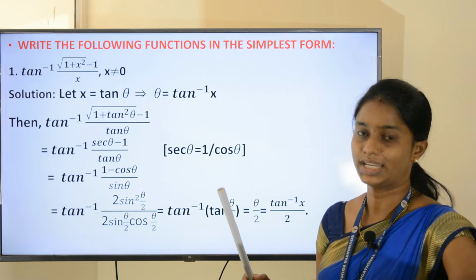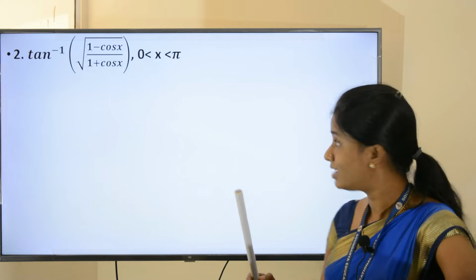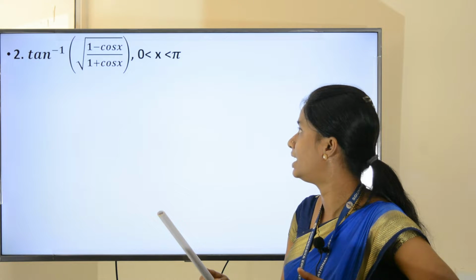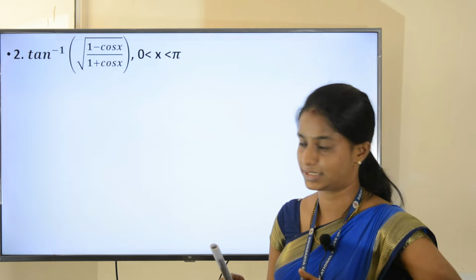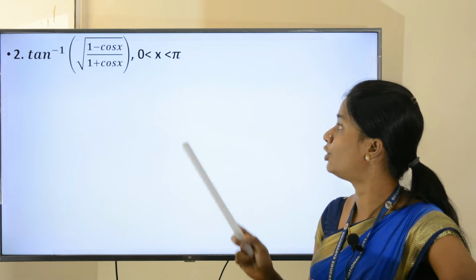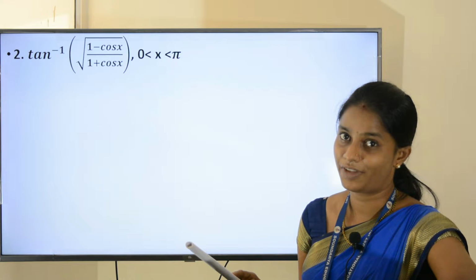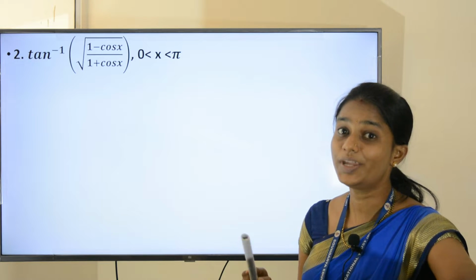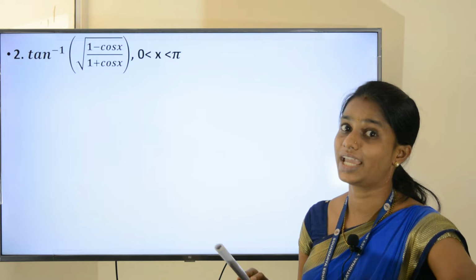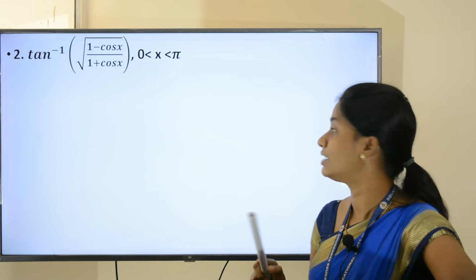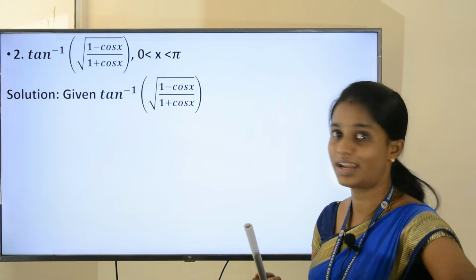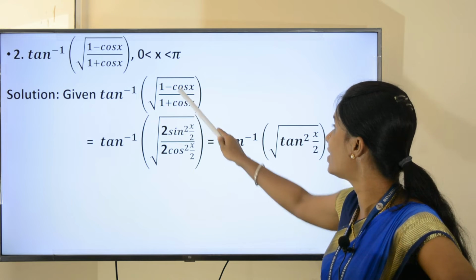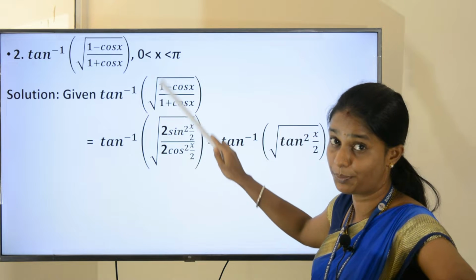Okay, now we'll move on to the next question. Next question is tan inverse of square root of 1 minus cos x divided by 1 plus cos x. Do we have only the x variable? No, not only the x variable, we have trigonometric functions. So do we need any substitution? No. Directly we can jump to the second rule, isn't it? We can apply the direct formula here, that is the 1 minus cos x and 1 plus cos x formula. What is the 1 minus cos x formula? That is in the important formula list.